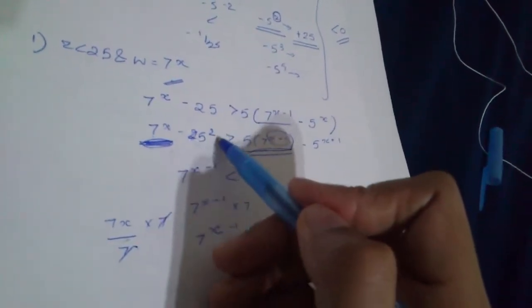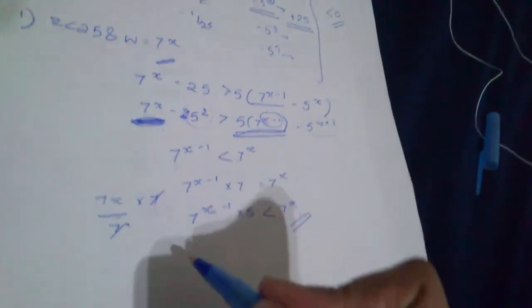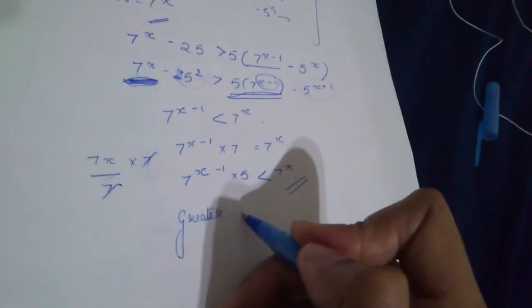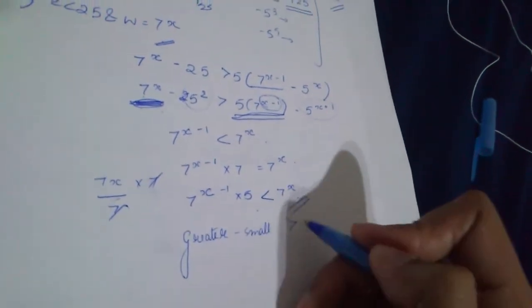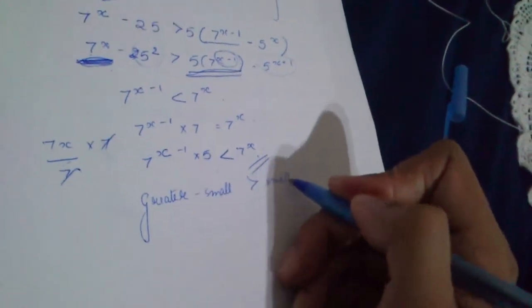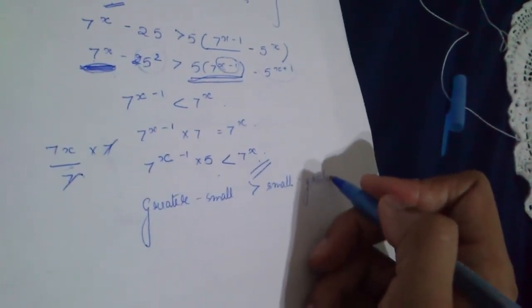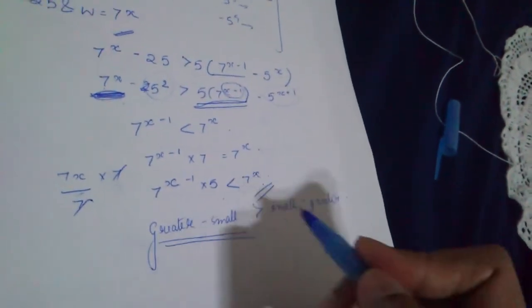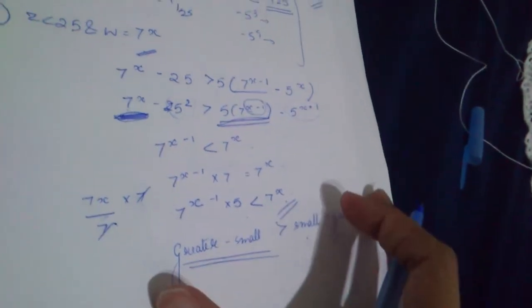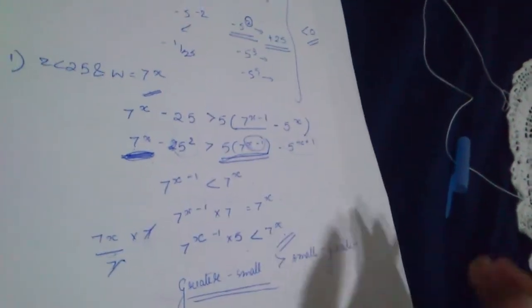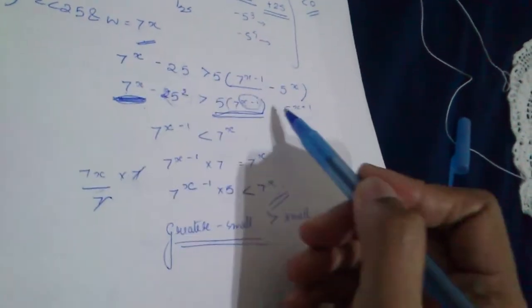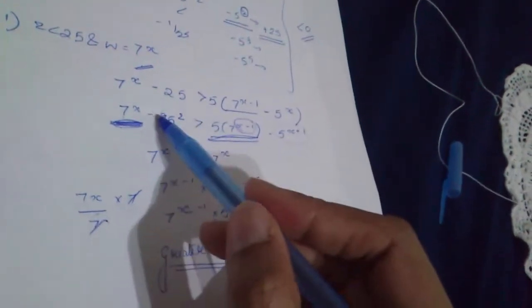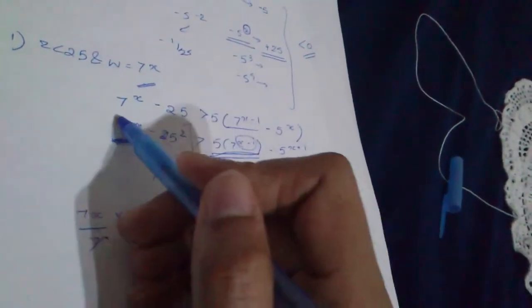Now, if we can prove that this value is also smaller than this. See, if you have a big value minus a small value, and here you have instead a smaller value minus a greater value, then this expression will always be big, right? This will always be greater than this. Similarly, we have already proved that this part of the expression is greater than this. Now, if we could prove that this part of the expression is smaller than this, we would know that this expression here is greater than this.